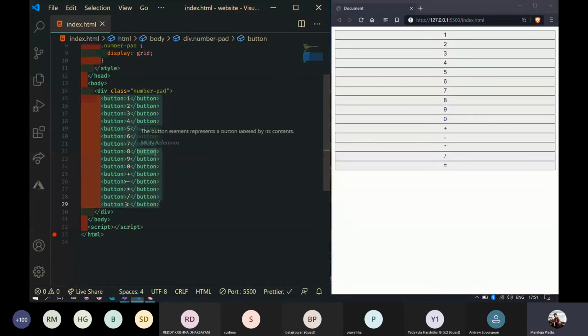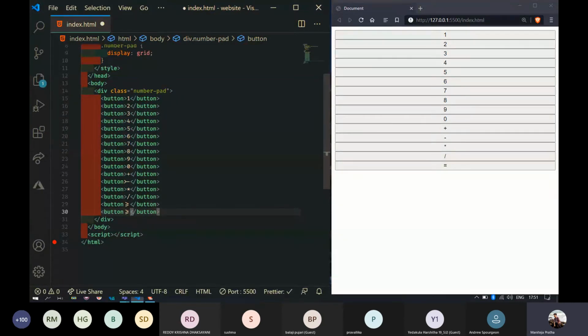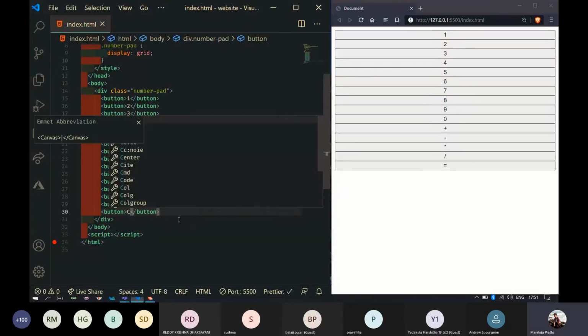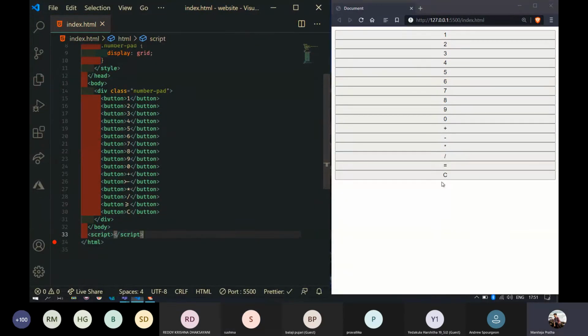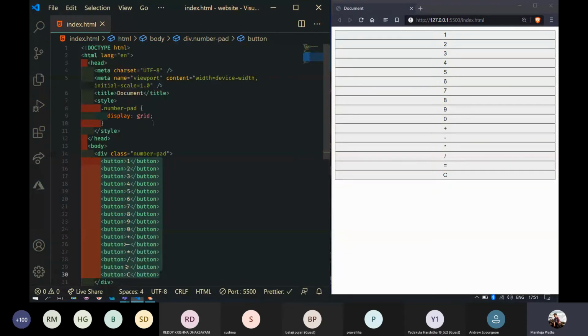Okay, let's add one more button and name it clear. Now how many buttons? A total of 16. So now tell me how you can create a box, how many columns and how many rows, so that you can align it properly.